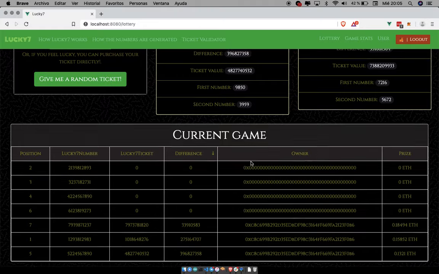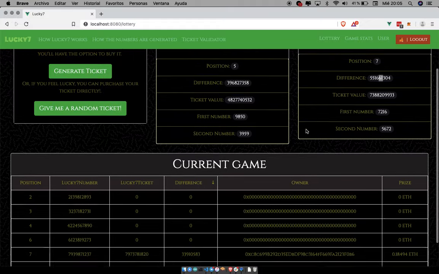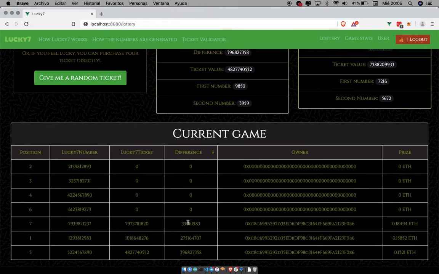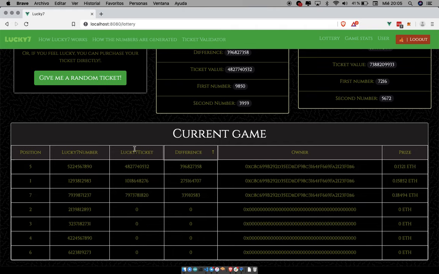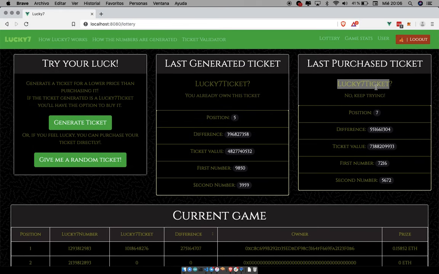For this Lucky7 ticket, in this case, the position is 7. This is our ticket with a difference of 5, which has 9 numbers of length, so to speak, and these have only 8. Oh, there it is. In this position, so it's not enough to be a Lucky7 ticket. This ticket with this value is formed through a pseudo random number generated, as I mentioned previously,